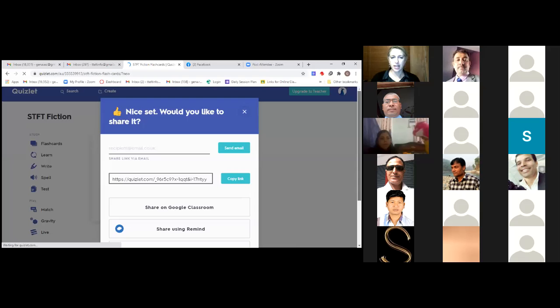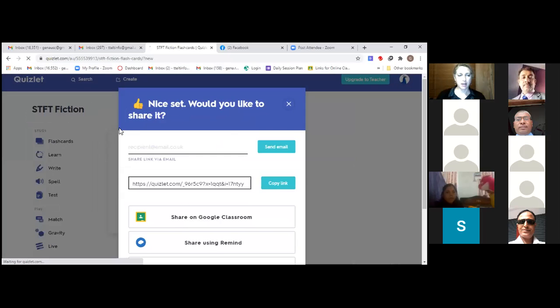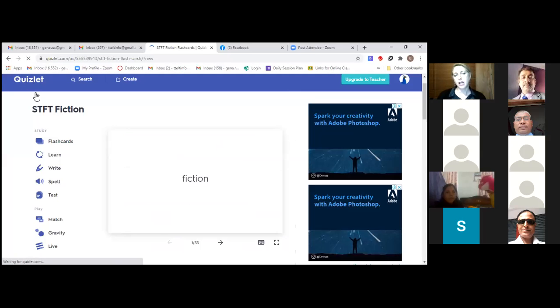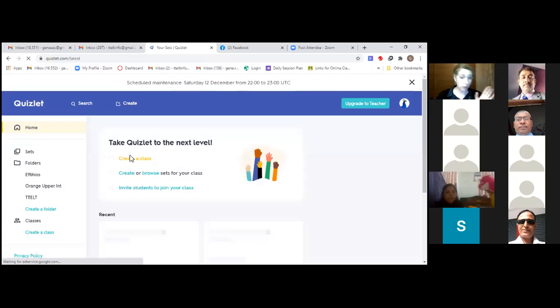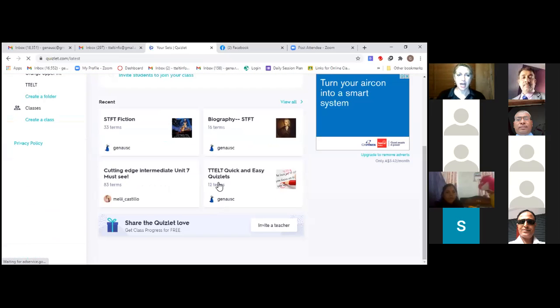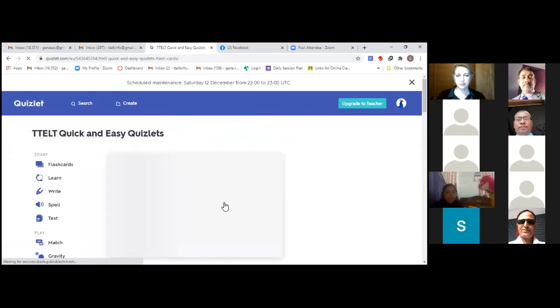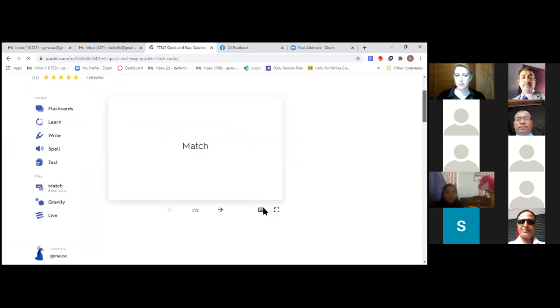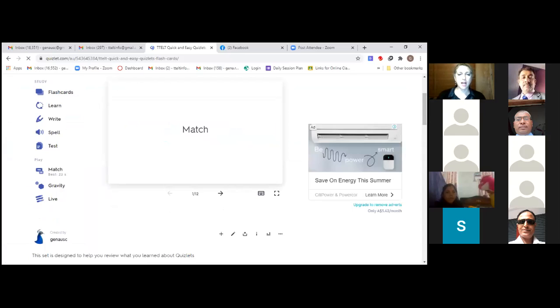And like I said, here we can use Google Classroom. We can save it if we're done, but I'm going to go back. I'm going to click the Quizlet sign here. I'm going to go back to a set that I already created previously that's done. And we're going to use this one. And I'm going to show you that. So I have lots of words here, and I'll show you that on Learn. If I click on Learn,